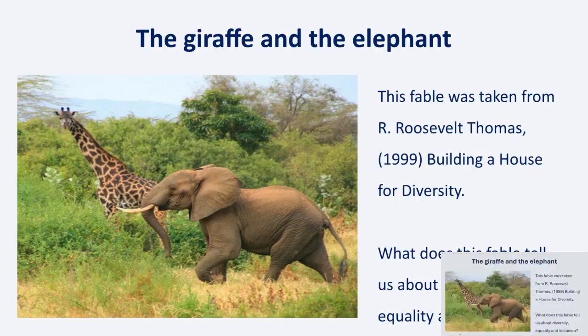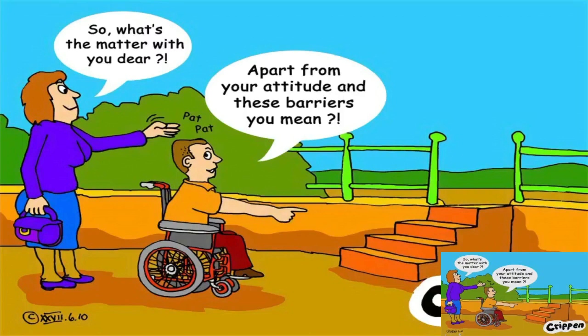So again, apologies, the next few slides we've seen these before to different extents, so you might have come across the work of Crippen before. I think he's really interesting as an illustrator. So this was someone who had an accident when they were younger and became paralysed as a result of that, and since then they've made their living as an illustrator, where a lot of their work comes from a disability positive perspective and tries to think about where disability fits into society.